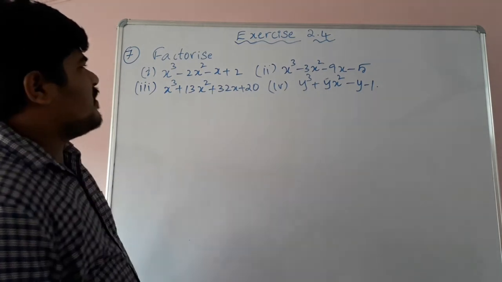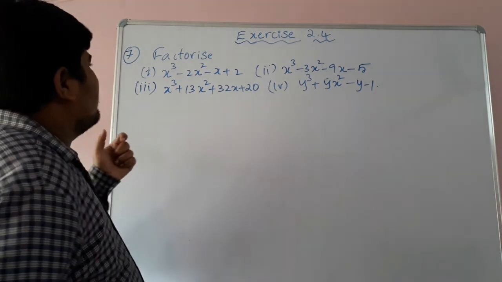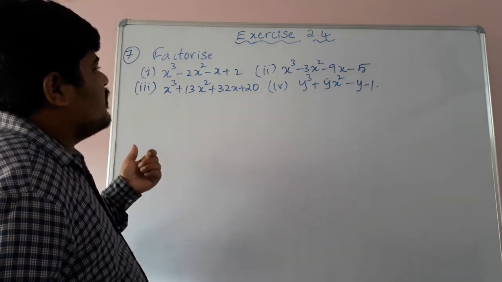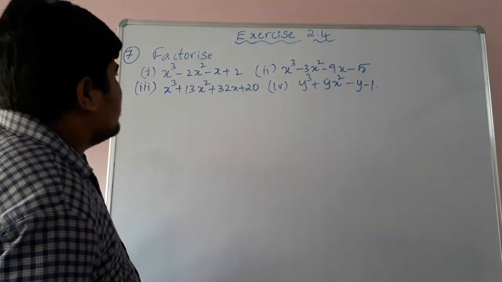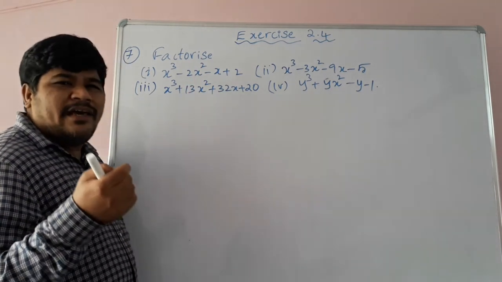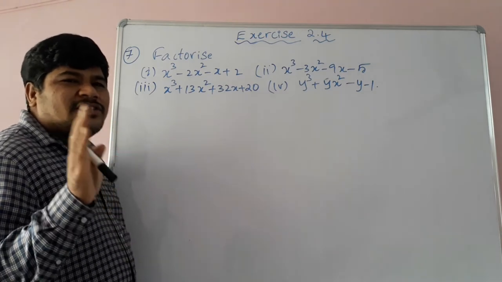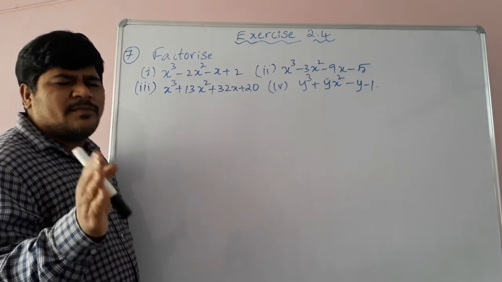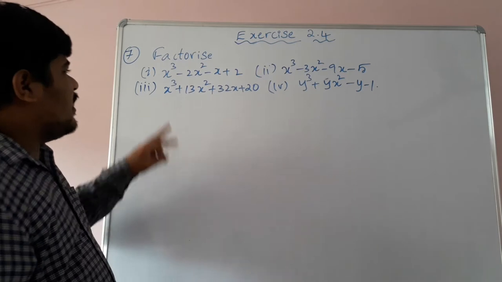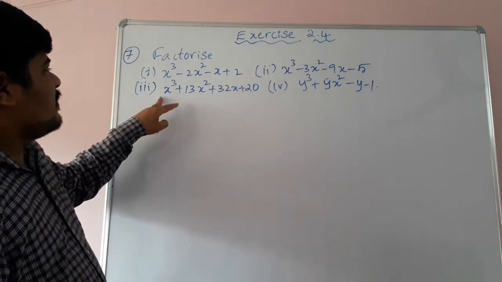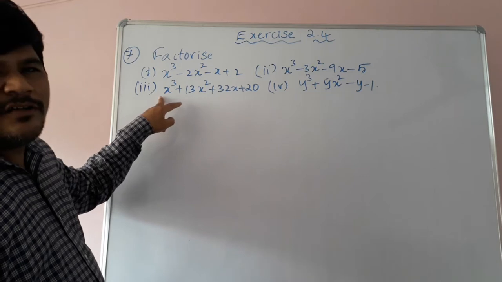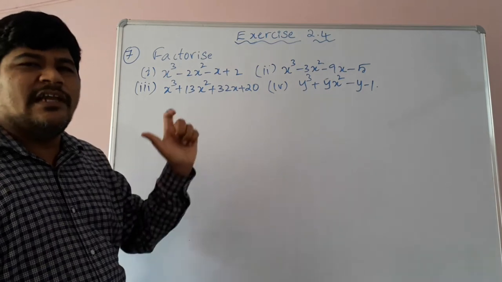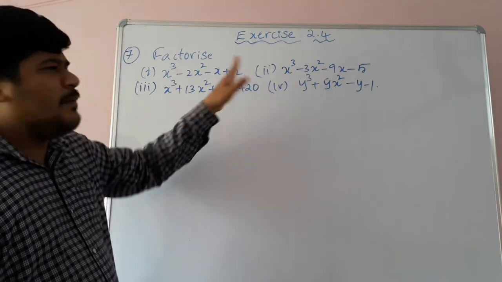Now let's see problem number 7. Factorize x cube minus 2x square minus x plus 2. So children, there are 4 problems. We can solve these problems by the direct factorization method, or else children, Horner's method is there. Even we can follow Horner's method or division method. Horner's method is simple, children. For the third problem, we cannot apply the direct factorization method. Here we will use Horner's method. The first, second, and third problems we can solve with the factorization method. I will tell you the first and third problems. The remaining problems you try, children.